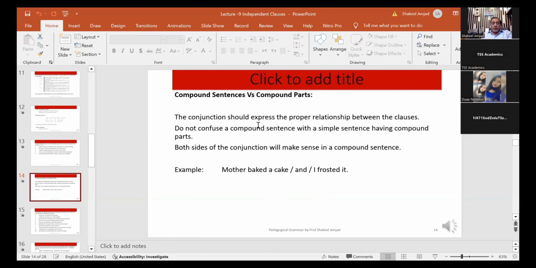The conjunction should express the proper relationship between the clauses. Do not confuse a compound sentence with a simple sentence having compound parts. Mother baked a cake and I frosted it. Mother baked a cake is one independent clause and is